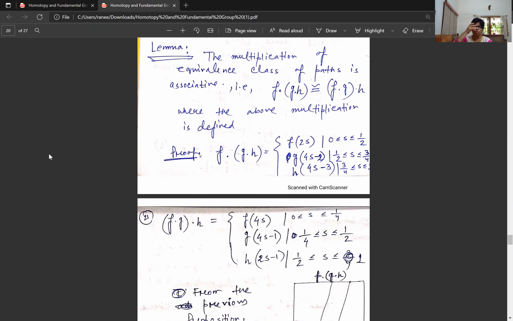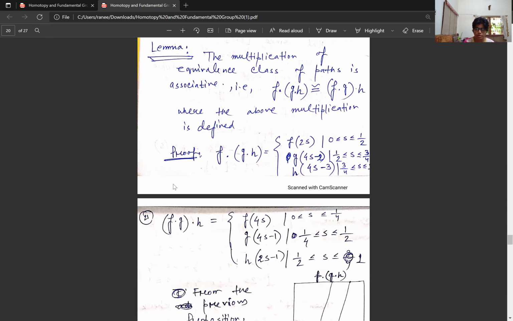So here I just want to mention one thing. Sometimes I made you confused with the notation of composition and the product of paths. I think I made the correction later on, but here this is not a composition of functions. This is just a product. Even though I have put the dot inside, this doesn't mean anything. This is just the product. So keep it in mind, for the moment, this is just the product of F, G, H: F followed by G product H, and then F product G followed by H.